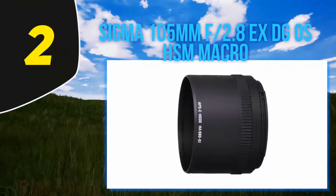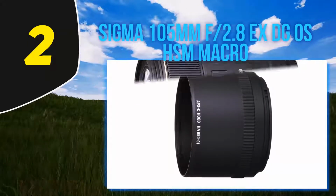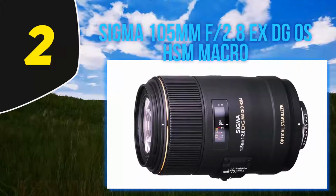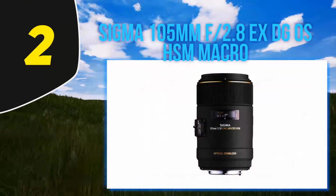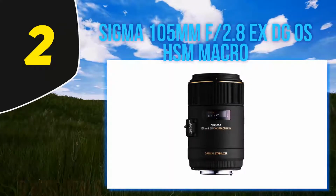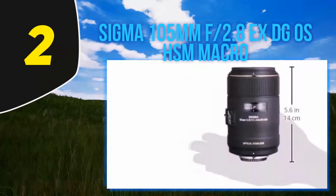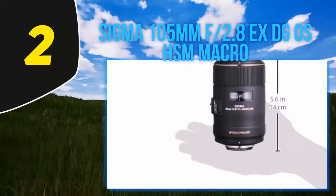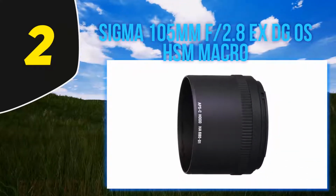Coming in at number 2, Sigma 105mm f2.8 EX DG OS HSM Macro. The 105mm f2.8 EX DG OS HSM weighs the same as Nikon's lens, but is narrower and fits better on APS-C cameras. It's not designated as being weather-sealed, but the rubberized plastic body and strategically placed metal elements speak of quality nevertheless. The focus ring might feel stiff until you break it in, and a metal mount ensures a strong connection